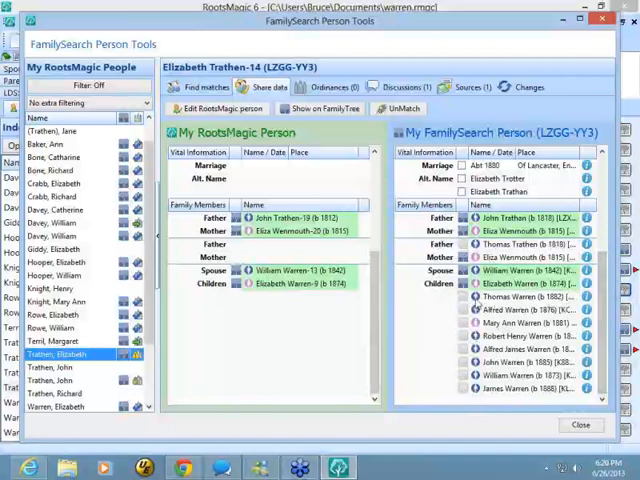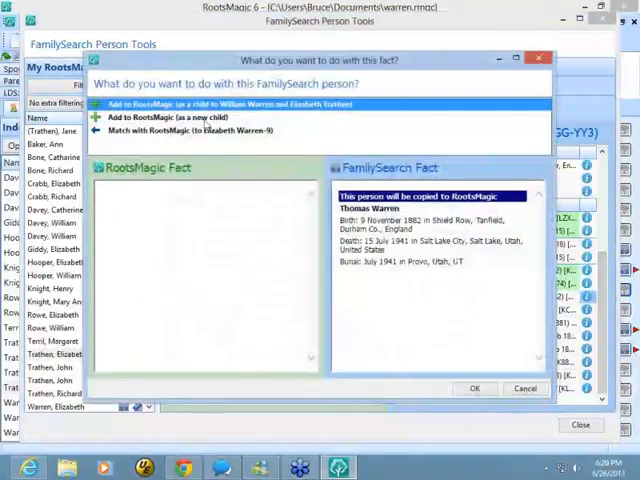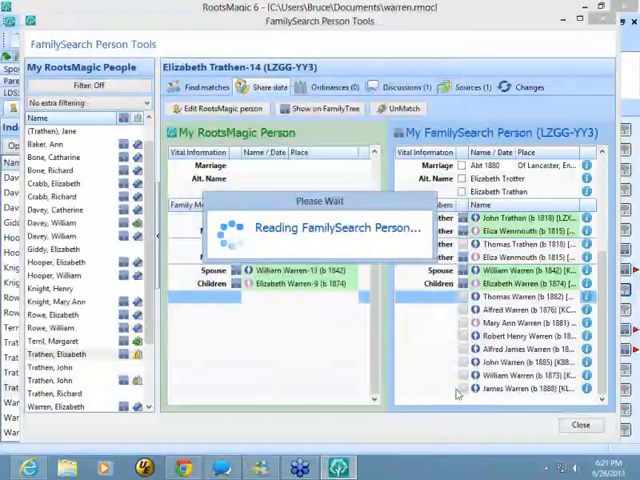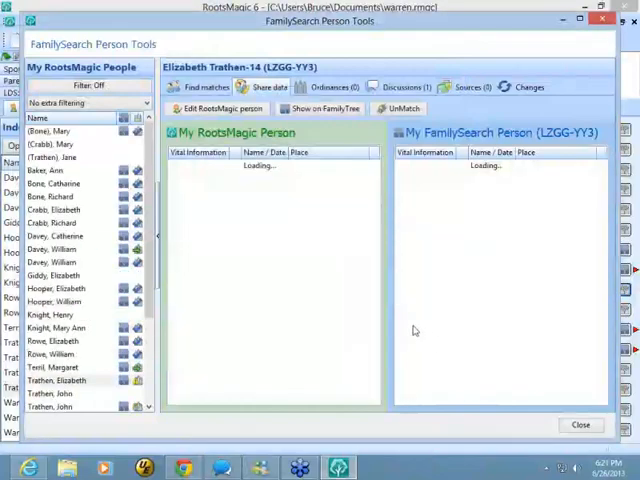If I decide I want Thomas in that family, I just click and say Add to RootsMagic, and I can say I want to add him in that family, or I can add him as a new child, which creates a new family, or if the child was already over there, I could match them up. But in this case, I want to add Thomas to my file. This person's going to be copied over, so I'm going to say OK, and it's going to read Thomas and bring Thomas over into RootsMagic. And so as soon as this finishes loading,